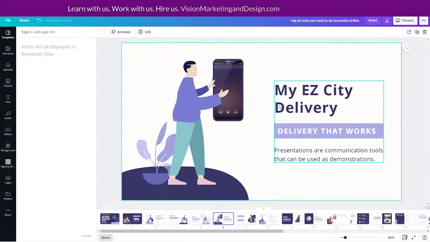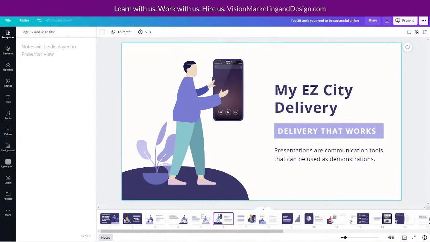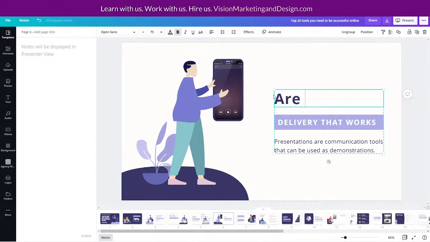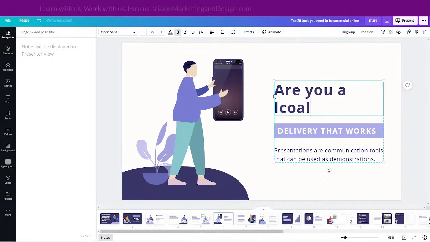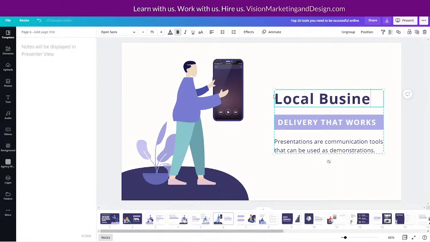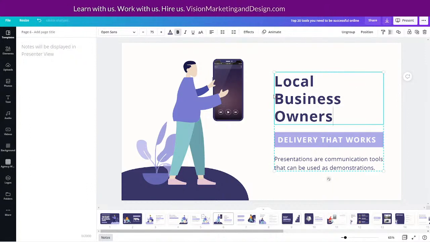So we could do the next one here, or we could actually make this a question. Are you a local, or we could just say local business owners. And then I'm going to just copy from the outline.